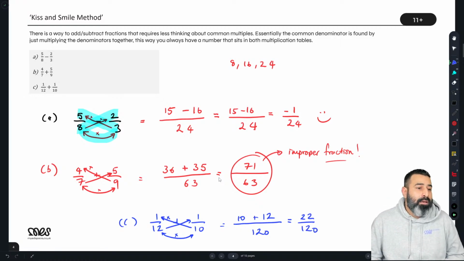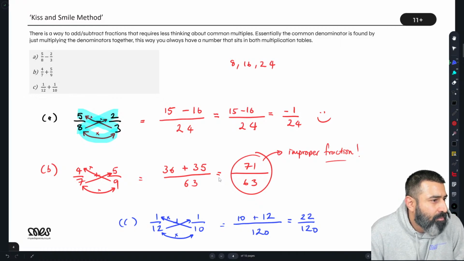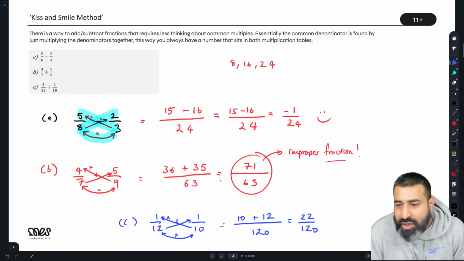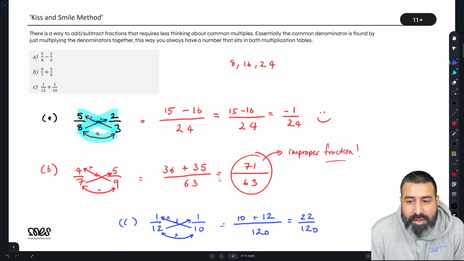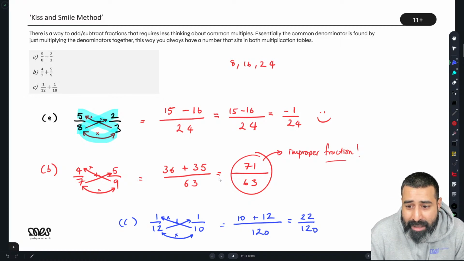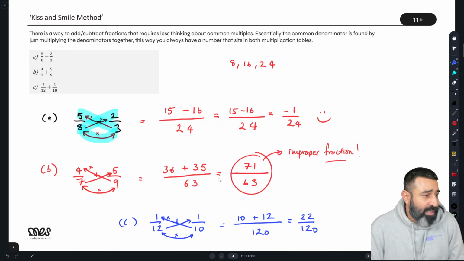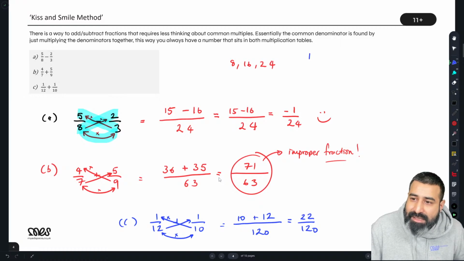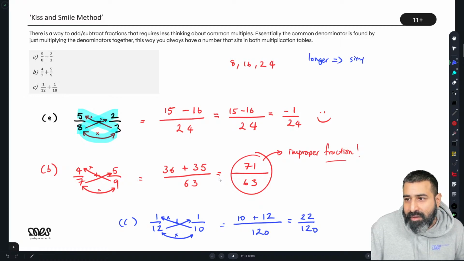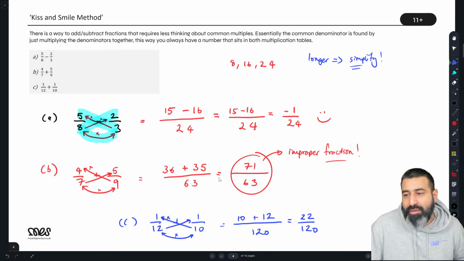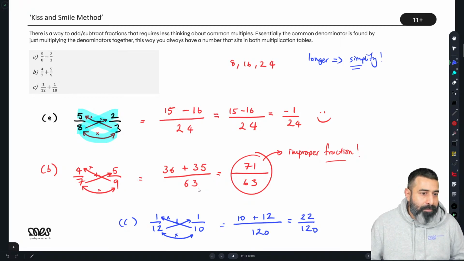And there you go. What's good about this method and what's bad about this method? Yeah, we can change it into a mixed number if you want. So 63 goes into 71 once, and then what's the remainder? 8. 8 over 63, there you go. Right. The problem with this is it's a bit longer and you have to simplify. So it takes a bit more time, but use whichever method you prefer, okay?